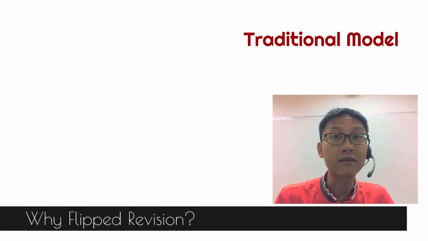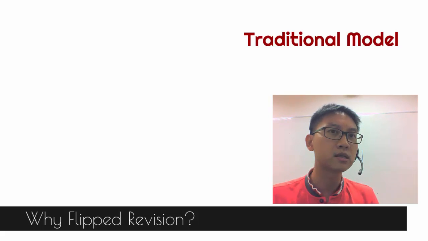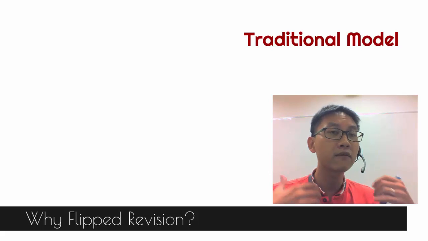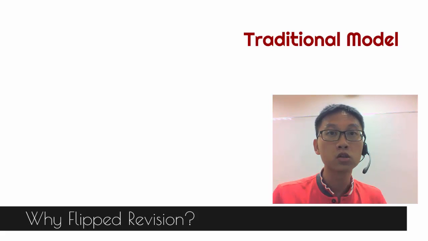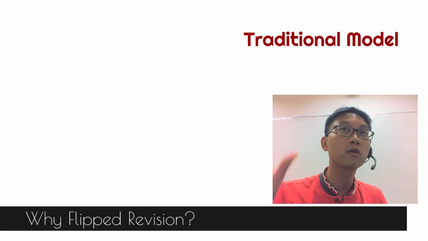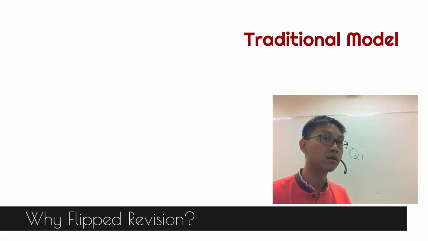Now this is how I have done revision. You may have done it differently, but I have a feeling most of us may have done the same way. So the traditional model is something like this. After we have marked the revision paper or the exam paper, we will look through. So we will select questions that the majority of the students got wrong. And then we will stand in front of the class